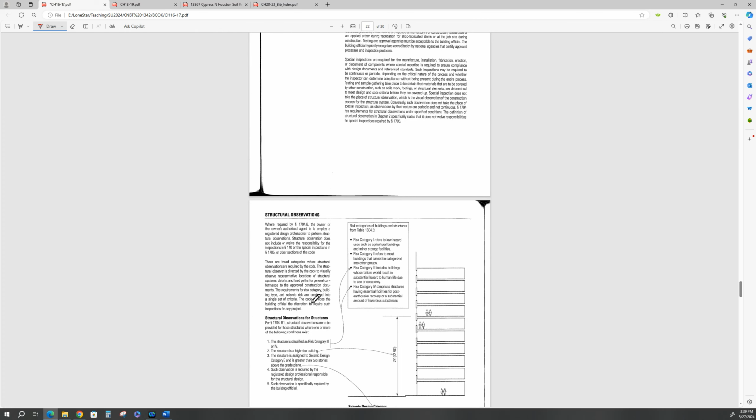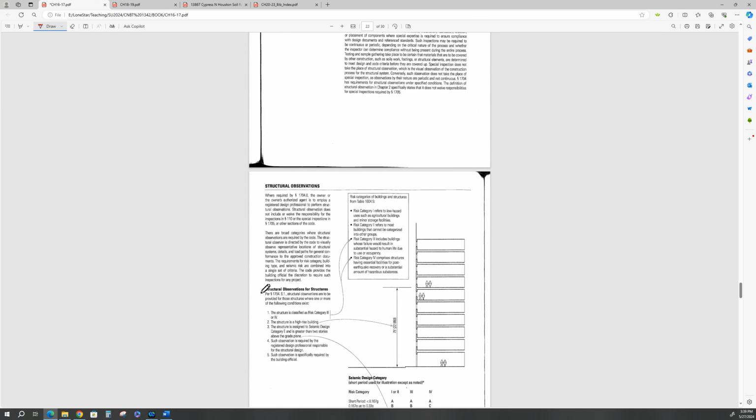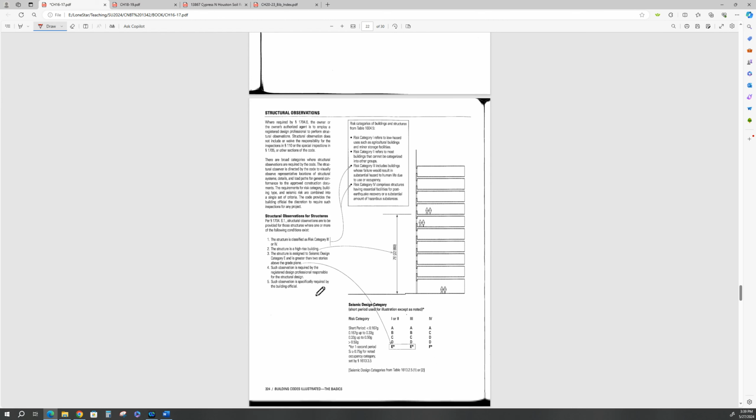All right, there are 5 areas. Okay, 5 areas that require